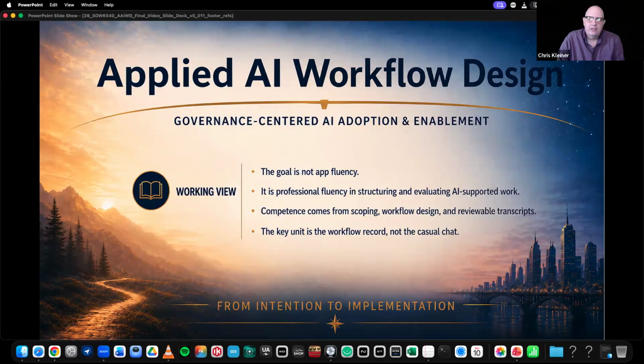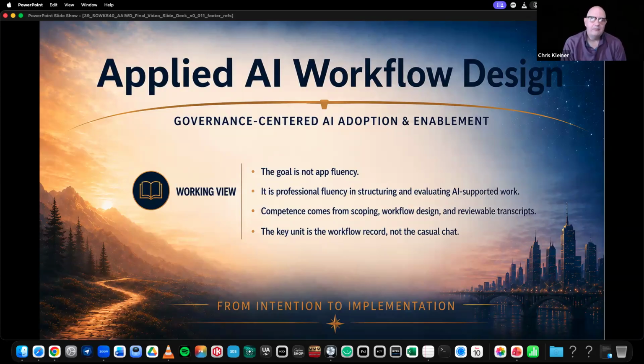After a few years of doing schoolwork, working in the human services profession for many years, and coming from a very mixed technical background, I think like a lot of people, I discovered that AI is wonderful and amazing until it's not. It can very quickly be not amazing when we live in the black box world, where we don't really know what's going on underneath with the model, and it's kind of hit or miss. We can get amazing returns, or we can just end up in left field. So I've been working very hard on addressing that through methodology, which I am calling applied AI workflow design.